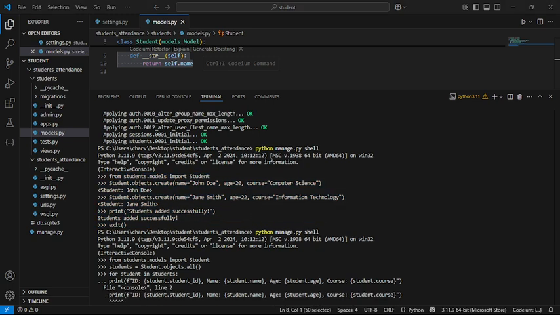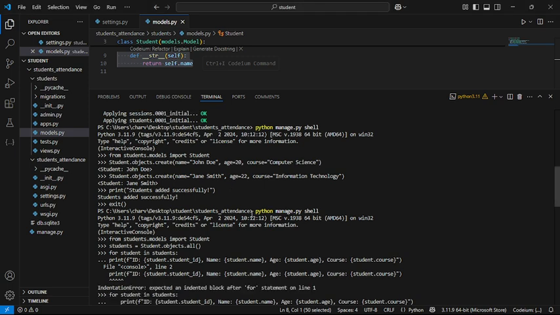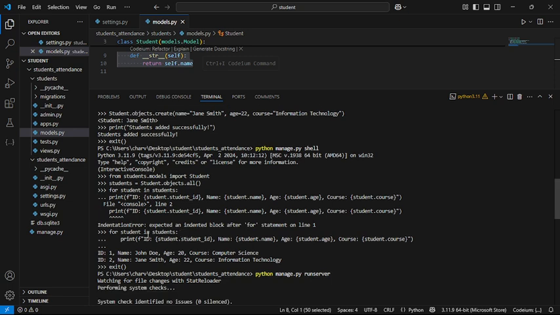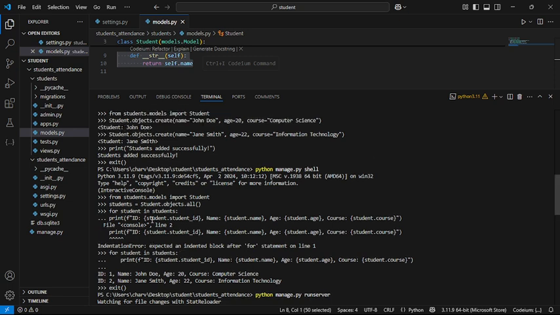Next, let's retrieve student data. So let's open the shell again, and then this is the code right here. So first, let's import students, and then it's right here.